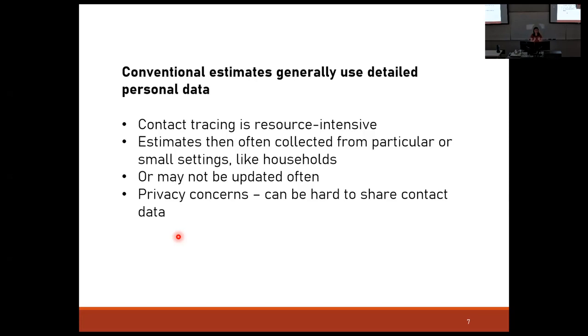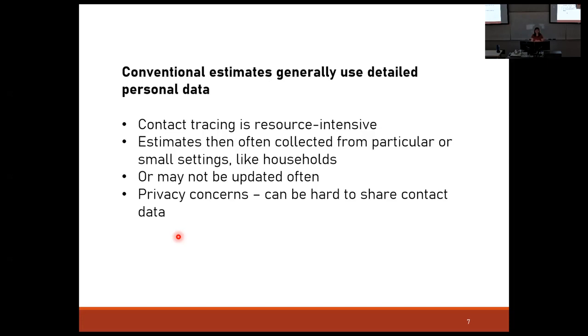And of course, household studies are super useful. But if we think that transmission maybe is acting slightly differently in households, we might get a slightly biased view of the serial interval. Maybe transmission generally takes longer outside of the household, and so we're not building up that picture of what's really happening at a population level.